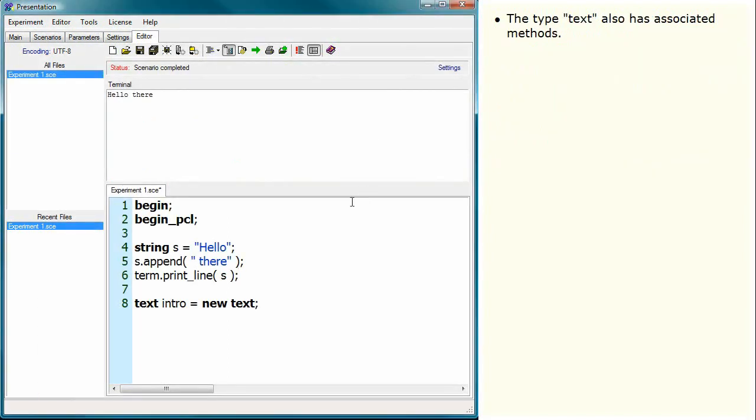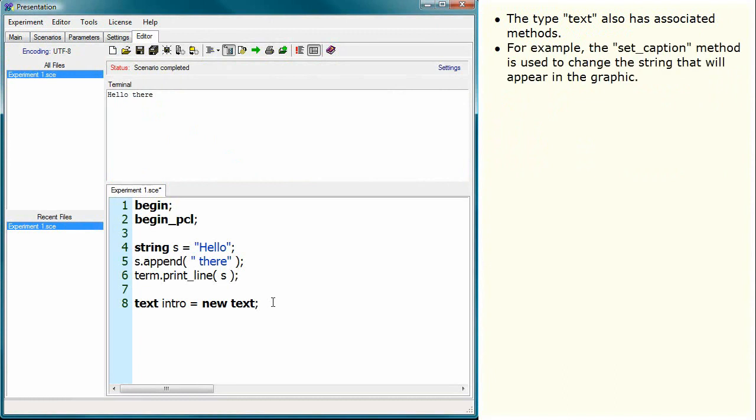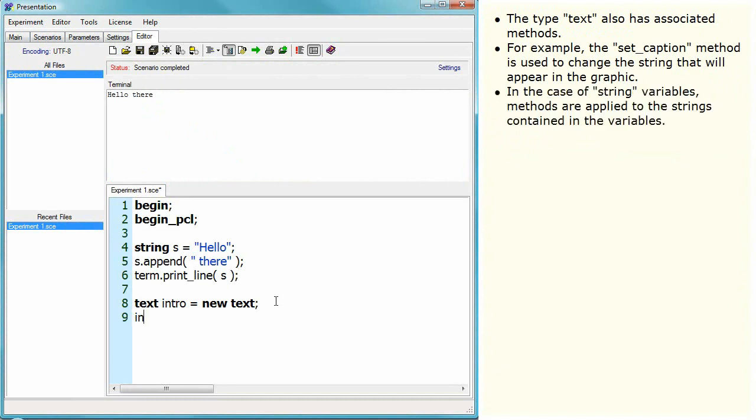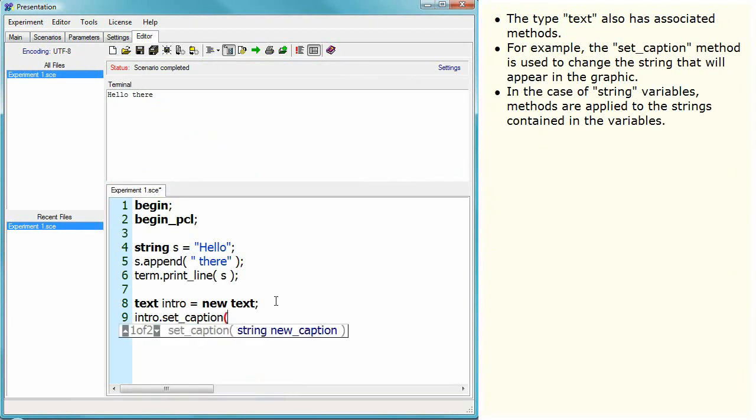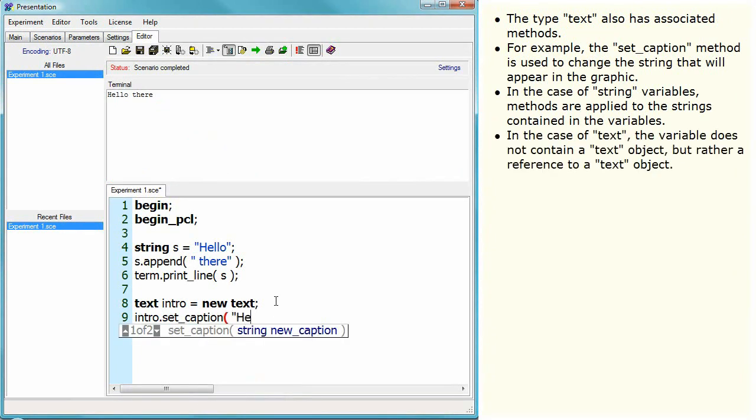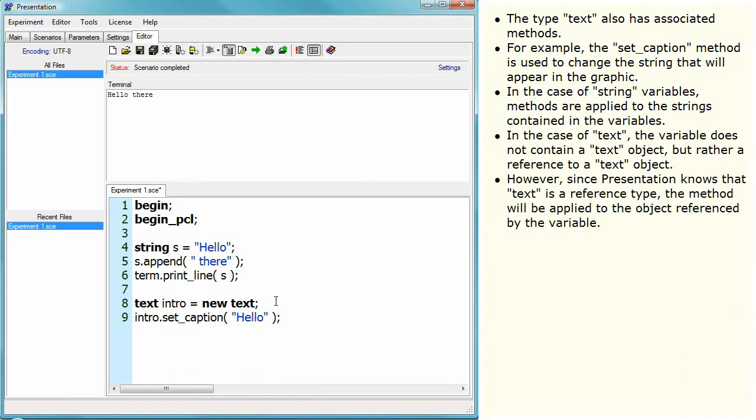The type text also has associated methods. For example, the setCaption method is used to change the string that will appear in the graphic. In the case of string variables, methods are applied to the strings contained in the variables. In the case of text, the variable does not contain a text object, but rather a reference to a text object. However, since presentation knows that text is a reference type, the method will be applied to the object referenced